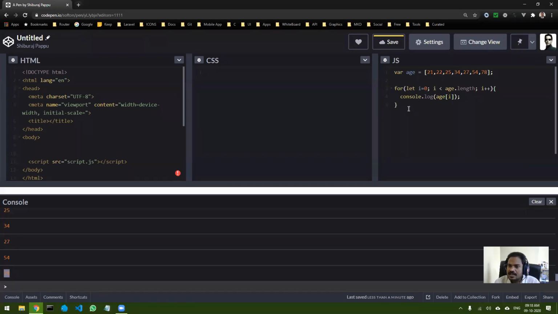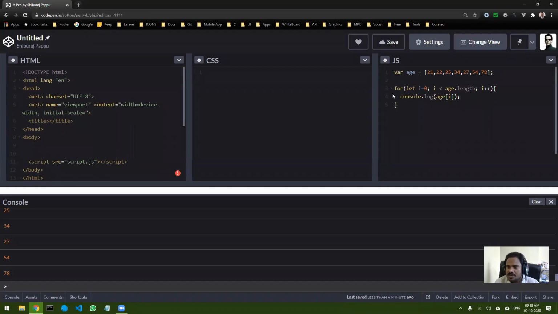So you can see this is a simple way of printing out each and every element. So inside this for loop, what you want to do is completely up to you. Okay, so maybe you're trying to check some conditions, or you're trying to check something else. Okay, or you're trying to check if a particular age is there or not. Okay, so searching like, is there any person with the age of 25?